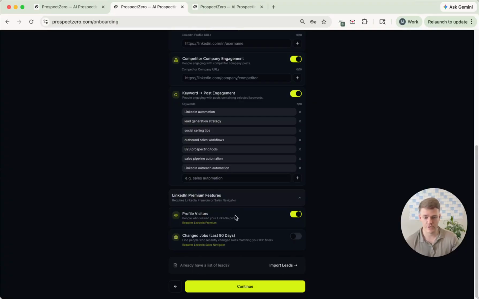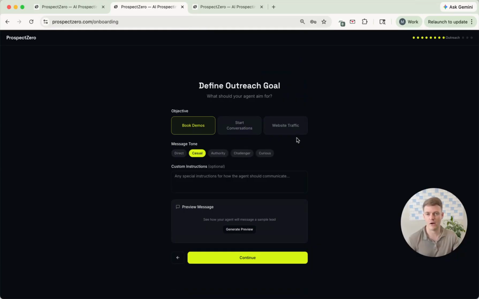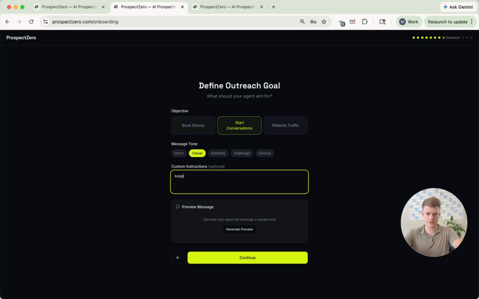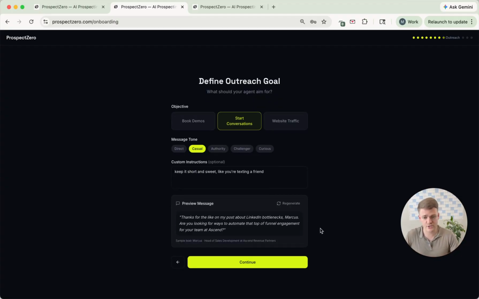So we definitely want to reach out to them. We're going to go ahead and move forward. This is where you can tell the AI exactly what style of messaging you want to use and what your goal is. So for this example, we're going to say, let's start conversations. We're going to be casual. And for specific instructions here, let's just tell it, keep it short and sweet, like you're texting a friend. So we're going to generate a preview of what a message is going to look